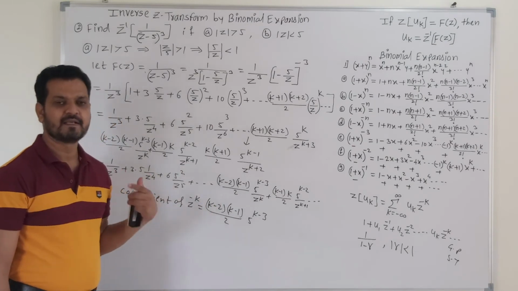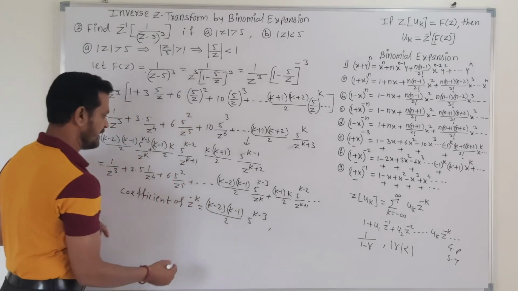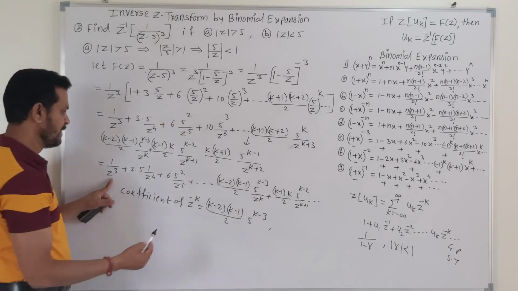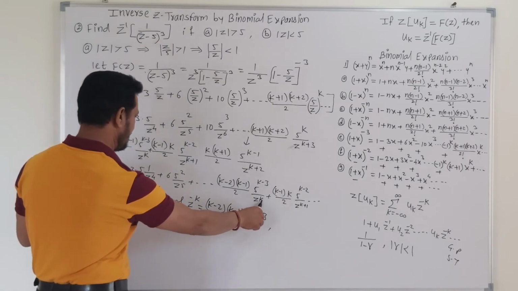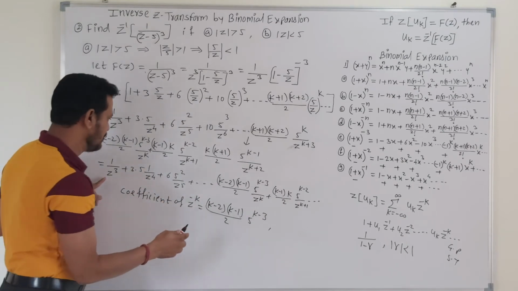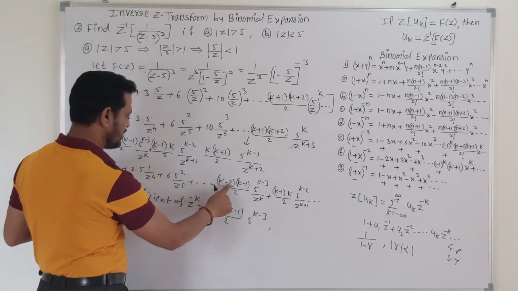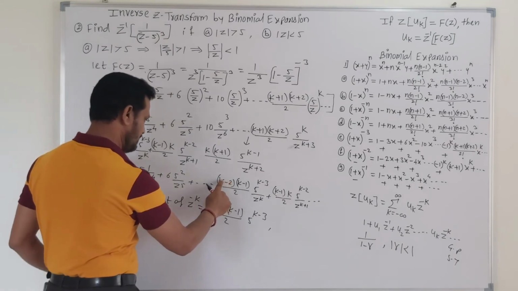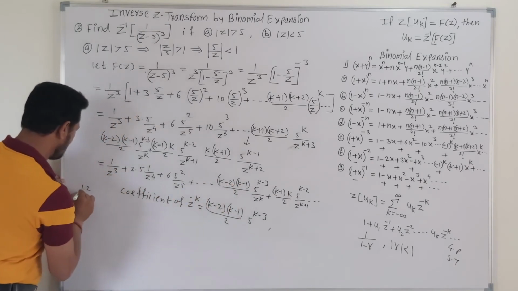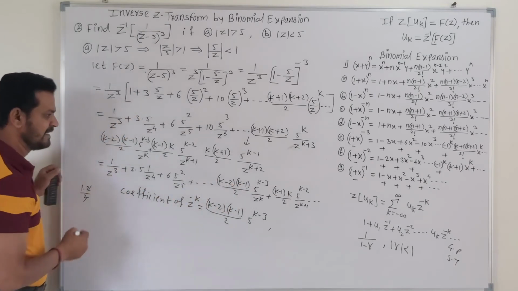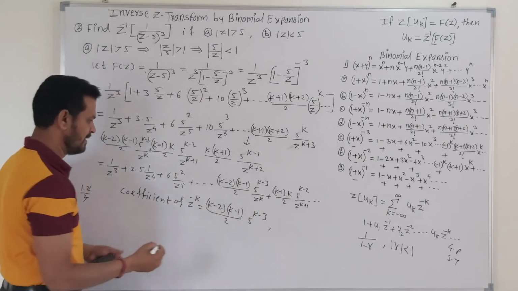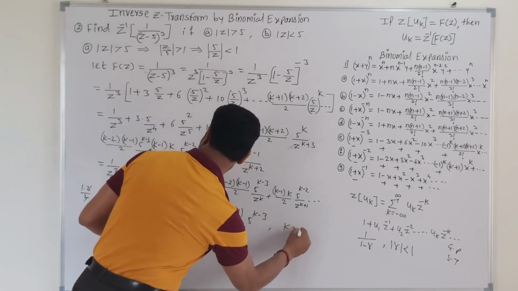Now again, to find the condition on k, please try to understand that in this kth term, we put the value of k in such a way that we get this as the first term. This is possible when we put k equal to 3. Straightforward, this is z raised to k and this is z cube, that means k is equal to 3. So then this is 3 minus 2 is 1. That means this is 1 into, 3 minus 1 is 2, so this is 2 upon 2, which gets cancelled, and we get 1 into 5 raised to 3 minus 3, which is 0. So that's why this term is possible when we put k equal to 3.